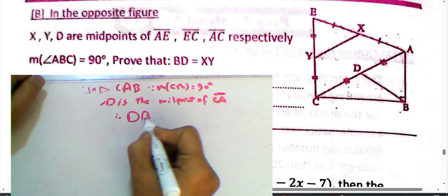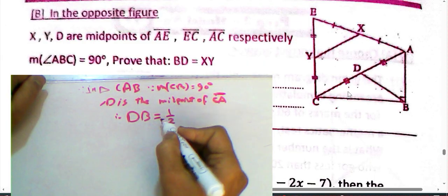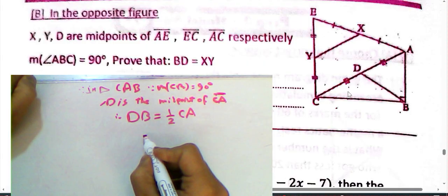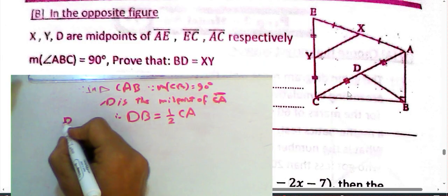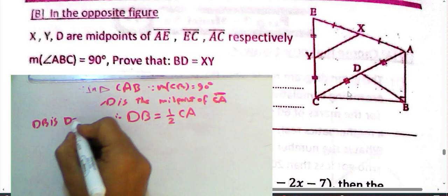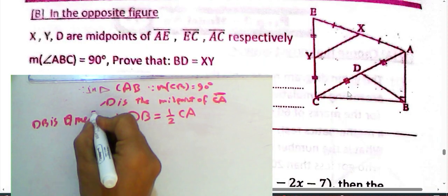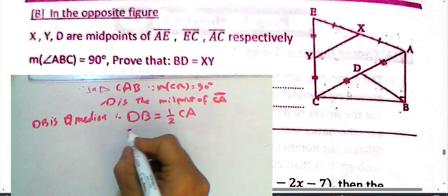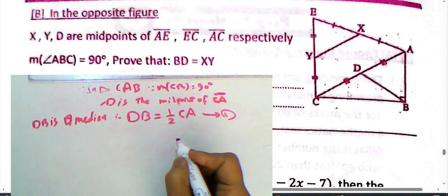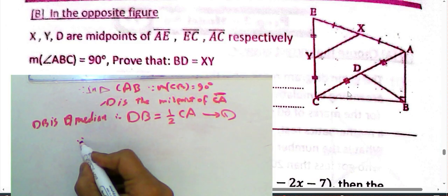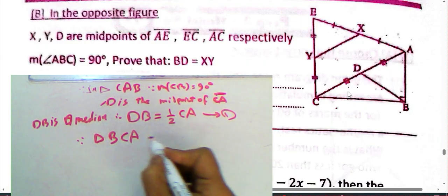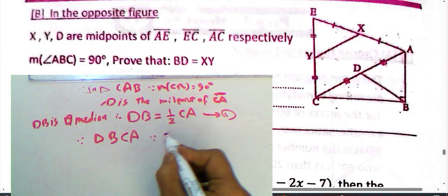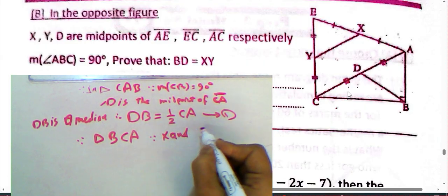Then DB is half of CA, and also DB is the median. The length will be half of CA. It's relation number 1. And in the second triangle, here in triangle BCA, such that X and Y